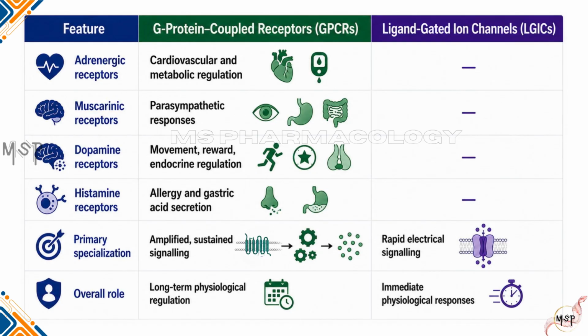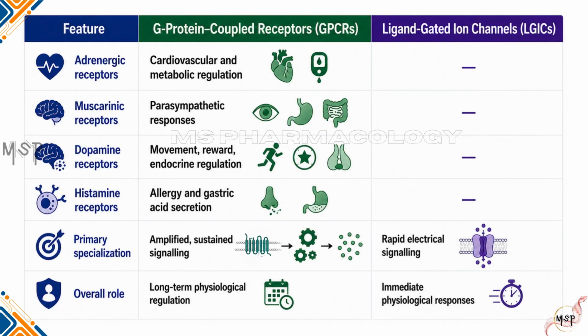Taken together, these examples highlight the primary specialization of GPCRs. They are designed for amplified and sustained signaling. In contrast, ligand-gated ion channels are specialized for rapid electrical signaling. Therefore, GPCRs primarily provide long-term physiological regulation, whereas ligand-gated ion channels mediate immediate physiological responses. Together, these two receptor systems enable the body to combine rapid reactions with precise long-term control, ensuring efficient cellular communication